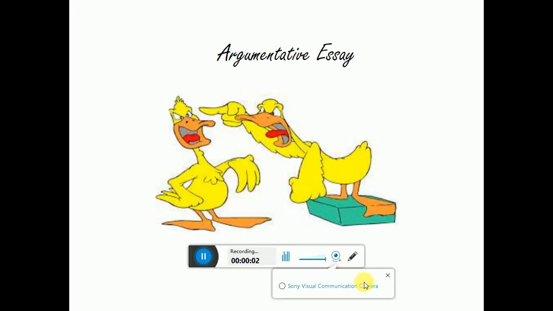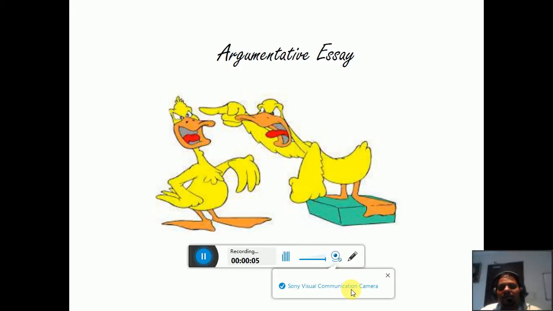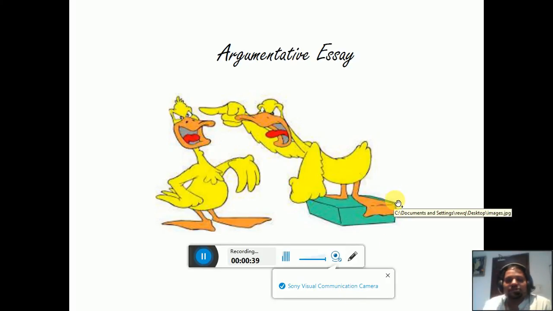Hi everybody. Today we are going to look at the argumentative essay, and we're going to understand what an argumentative essay is all about. So, what is an argumentative essay? In an argumentative essay, the author tries to take up a position and tries to convince others that the position he or she has taken is the right position. So in an argumentative essay, the author is basically trying to convince his or her reader